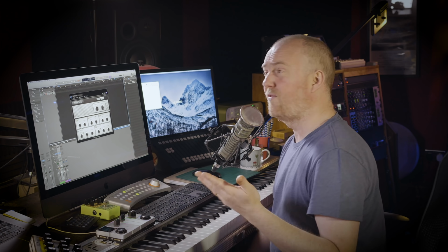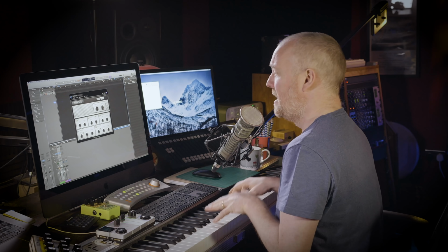A lot of mix engineers will have their test piece of music when they're mixing in a new room. I know a lot of people use Star Wars. They'll just blurt it through the speakers to understand a room. So if you can find a sample instrument that you're familiar with, that's a great calibration tool. And the immediate thing